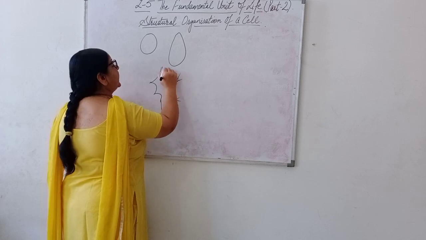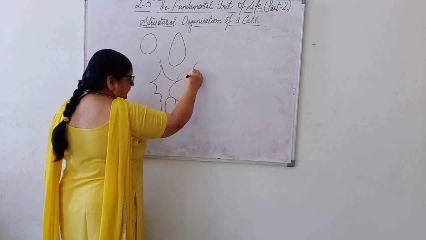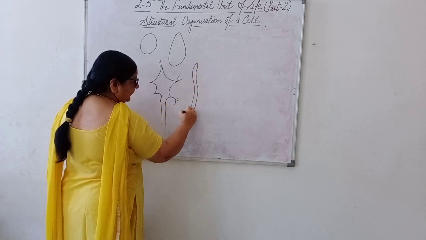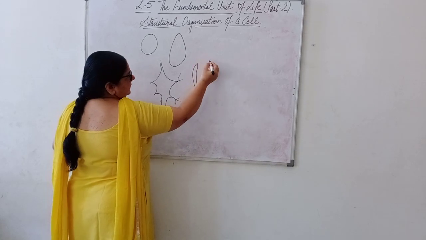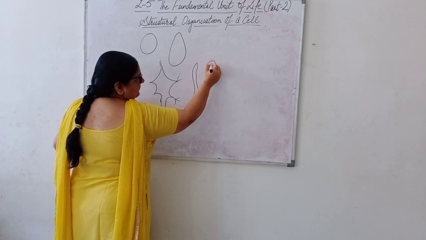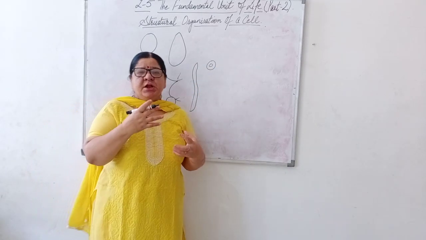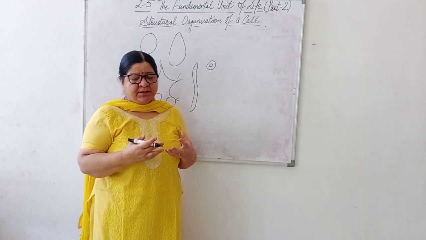Or it can be elongated like the muscle cells, then small the red blood cells and the white blood cells, and also there may be different shapes of cells,